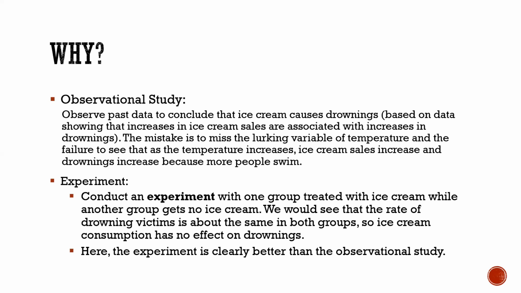How would that work for the ice cream? You'd have to randomly select it. This one's a little bit harder. For the ice cream, you would have to randomly select some cold cities and some hot cities, and assign cities to eat certain amounts of ice cream, which isn't really something you can do. So that would be hard. Or you could choose,